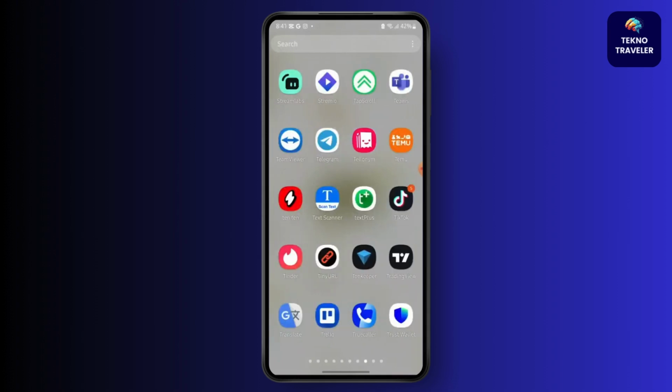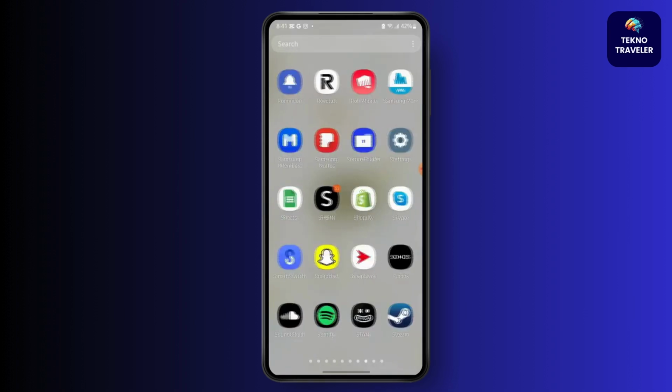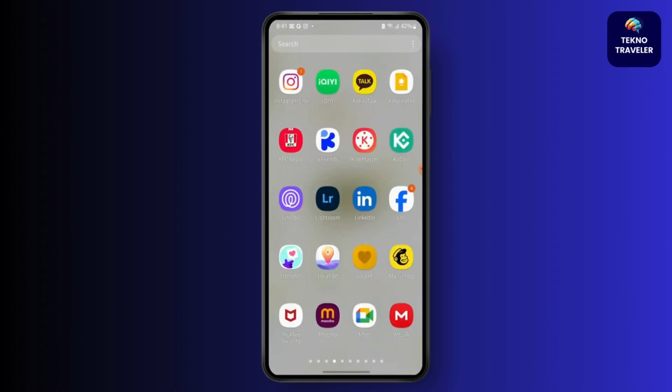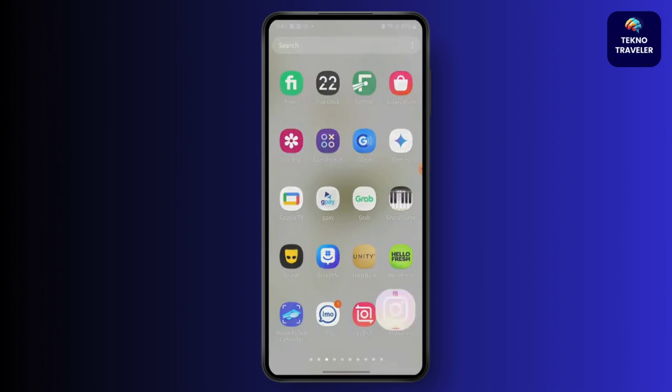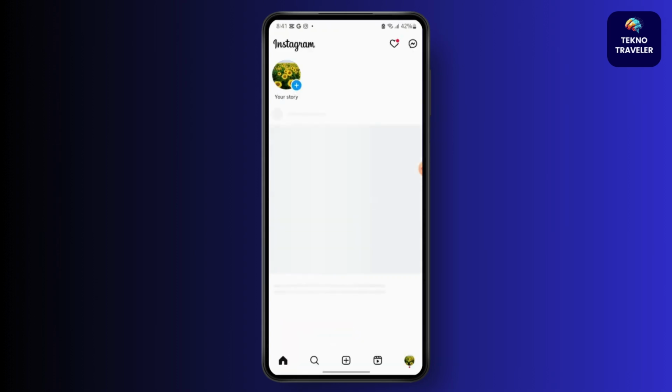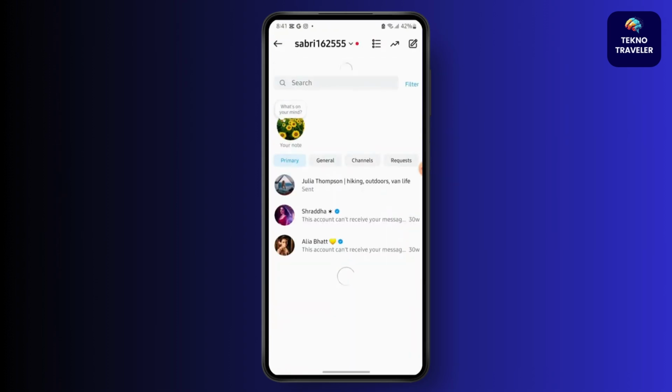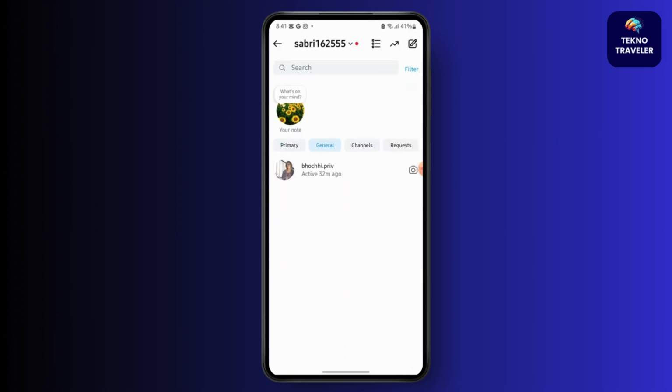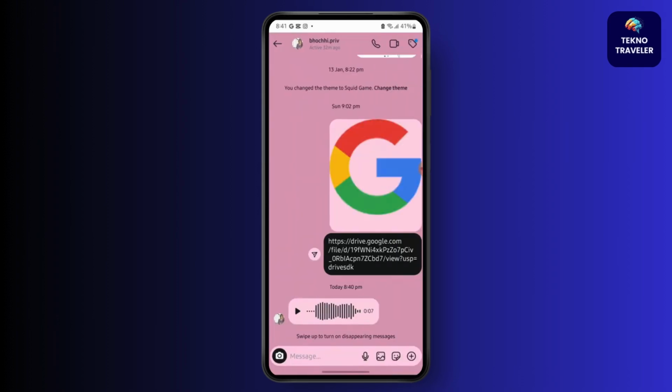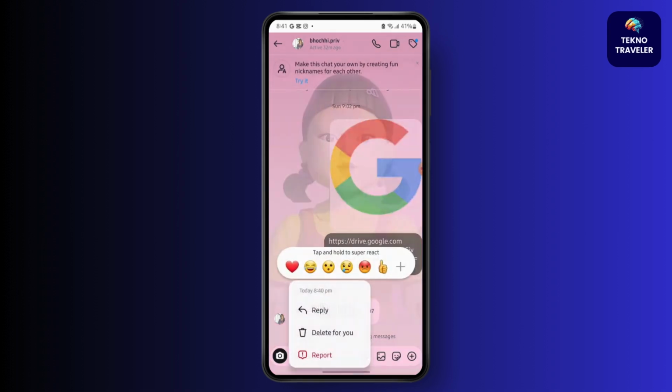So first, launch your Instagram. Then go to the chat of the person from whom you have received a voice message, or to whom you want to forward one. Here I have a voice message. Now in order to forward it, tap and hold on the message and you should see an option of forward